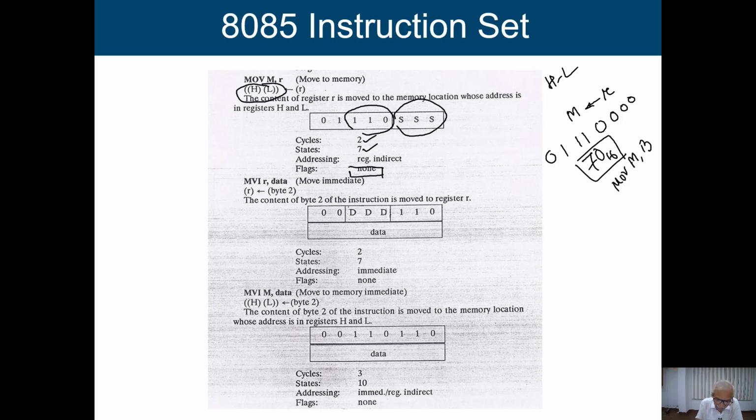Basically what it says, we are having 5 flag bits. Okay, so when I am performing this particular data movement operation, it is not going to sense those particular flag bits, because I already said that flag bits will be set or reset depending on my ALU operation. Here we have not performed any ALU operation, just simply transferring the information. And what are these cycles and states? I am just going to give you some idea about it.